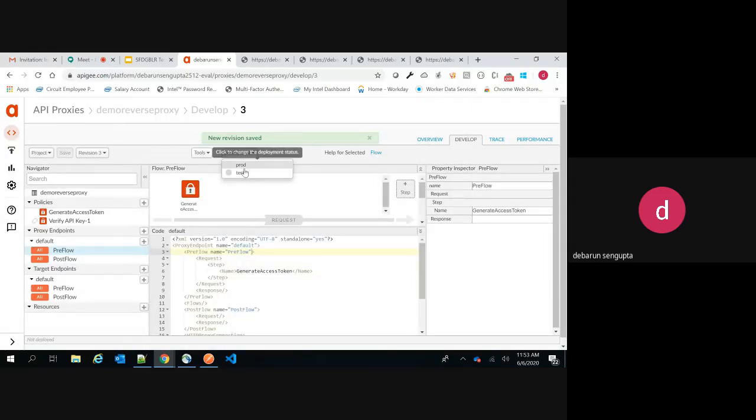After you save it, you can see this is the advantage: these are the different versions which are getting created. Currently you're working on the third version, but your second version is deployed to test. This gives you a very good picture of which version is currently deployed in test. The second version will have the API key configured, and this third version will have the OAuth one that we have configured. So now say I want to deploy this to test.